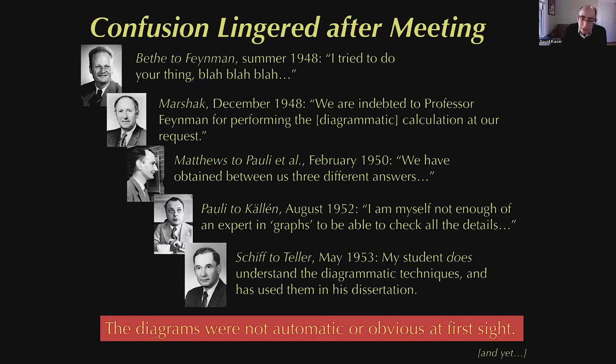A few years later, my favorite example actually comes from a letter of recommendation for a young physicist who was finishing his PhD at Stanford. The student's advisor, Leonard Schiff, wrote to recommend the student, saying, you should hire my student for the new professorship, because he actually does understand Feynman diagrams and actually used them in his thesis. That was five years after this Pocono conference, roughly four years after Feynman's attempt to clarify the techniques with his articles. If four or five years later your advisor says my student is unusual because he does understand them, that seems to suggest these were not universally clear to everyone. So they were clearly not so obvious or automatic, even after Feynman had a chance to try to clarify.